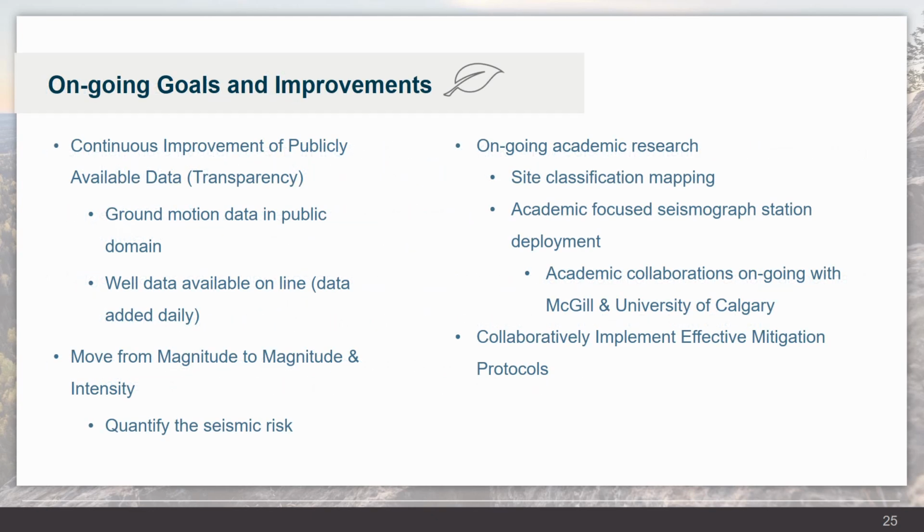As the Commission continues to diligently research and understand all aspects of induced seismicity, we have definitive goals to ensure that our work provides clear and transparent information. As we currently rely on Natural Resources Canada for the public catalog of seismic events, the Commission is taking steps to work with our partners to provide our own web-based catalog of supplemental events to ensure a complete and accurate picture of seismic activity in Northeast BC is readily available. It's anticipated that this will be supplemented with strong motion data collected regularly.